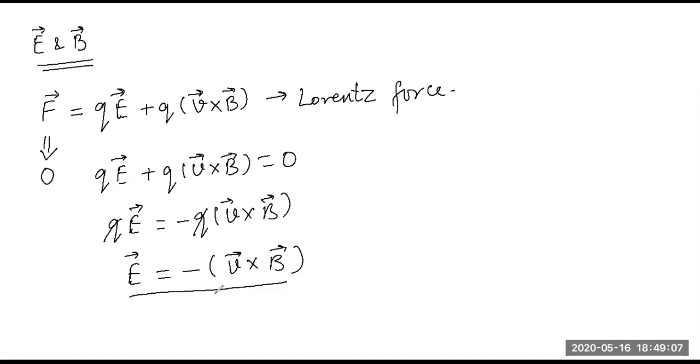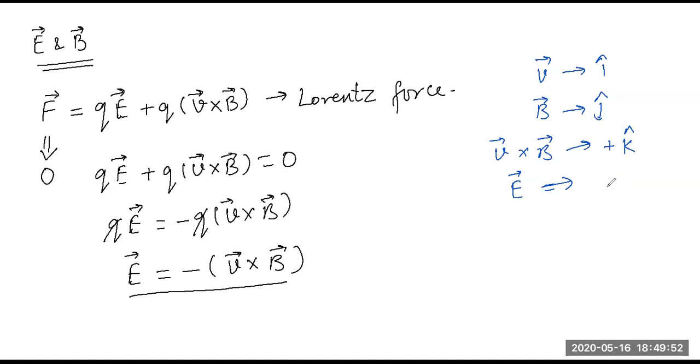Now what this relation tells you is this. The direction of V cross B will be perpendicular to both V and B. For example, let's say V is in the X direction, or i cap, and B is in the Y direction, or j cap. Can you please tell me what the V cross B direction will be? V is in i cap direction, B is in j cap direction. What will be the direction of V cross B? Plus Z, plus k cap, right? And I have a minus sign here. So what it means basically is, what should be the direction of E then?